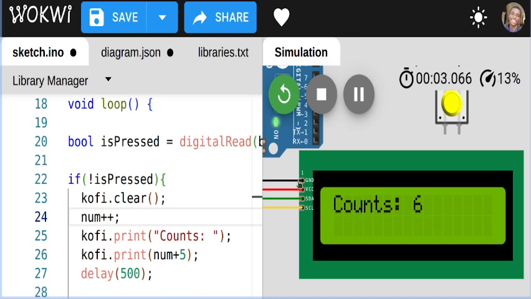So notice that I have not used the set cursor method, because if I wanted to, I can use the set cursor method. So all I can do is that